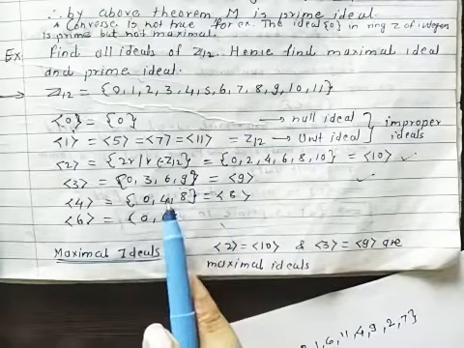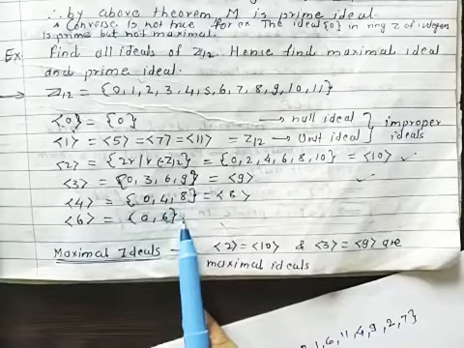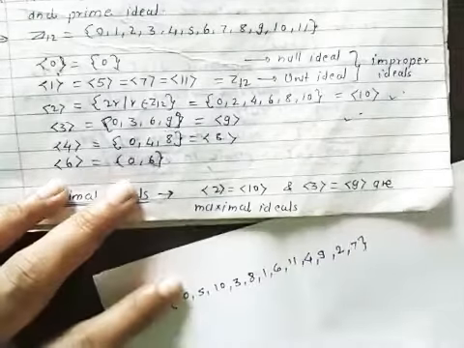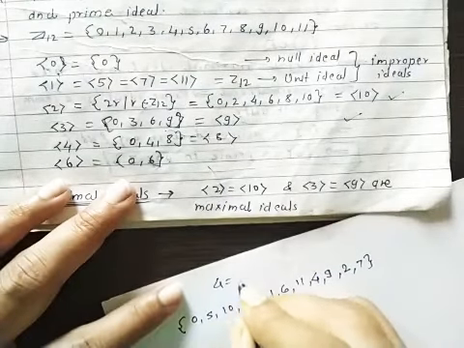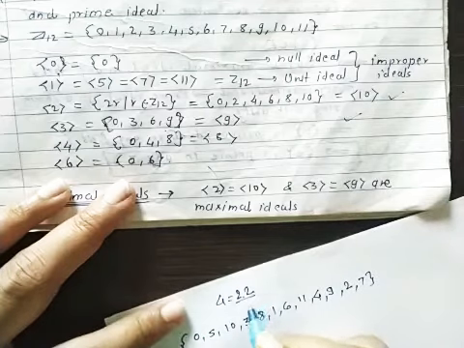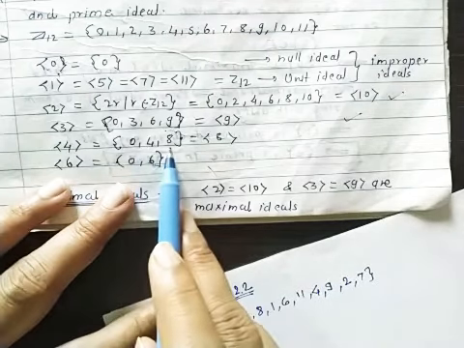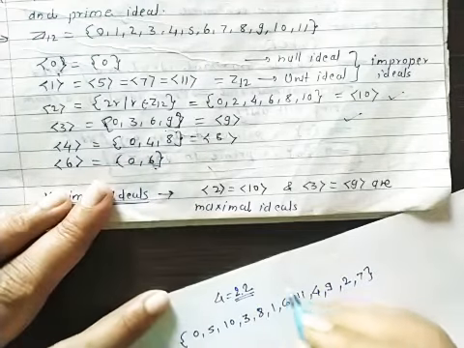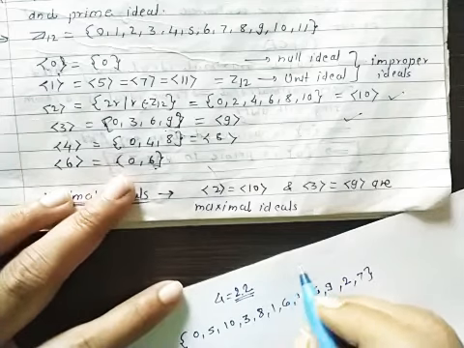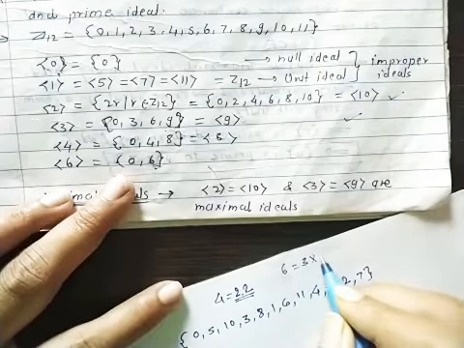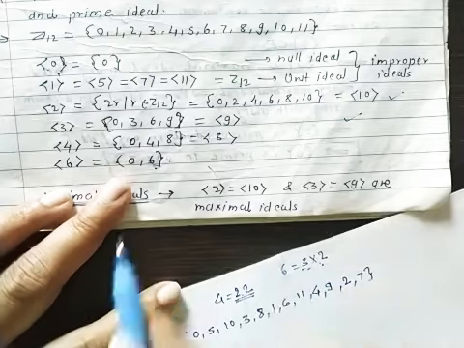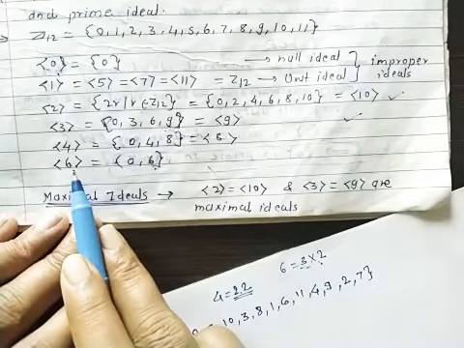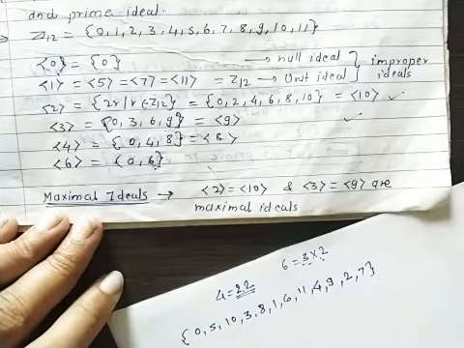Now let us check these two ideals. Here you can see 4 belongs to the ideal generated by 4, but 4 can be written as 2 into 2, and this 2 is not an element of this set. So this is not a prime ideal. Also the second: here 6 belongs to this ideal, but 6 is the product of 3 into 2, and 3 and 2 are both not elements of this ideal. So the ideal generated by 6 is also not a prime ideal.